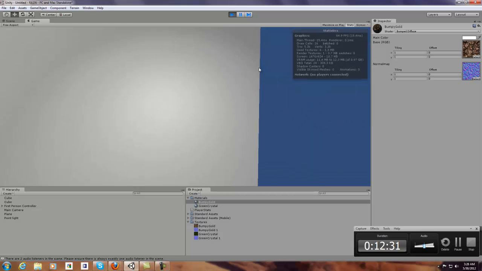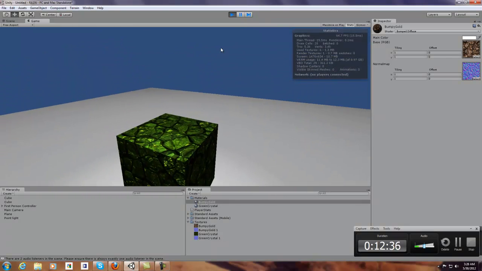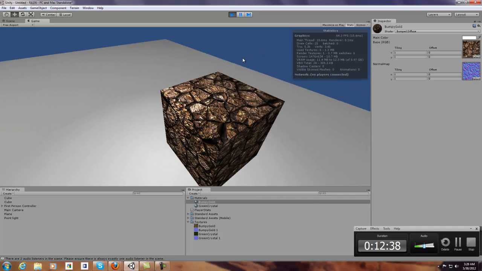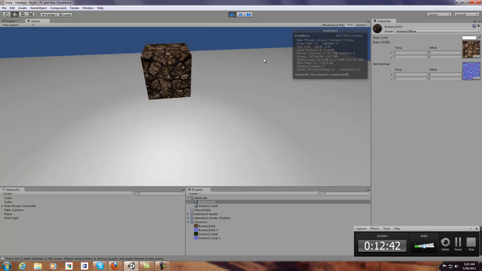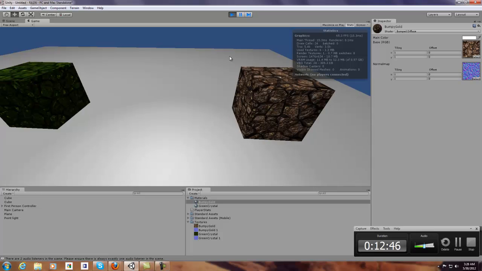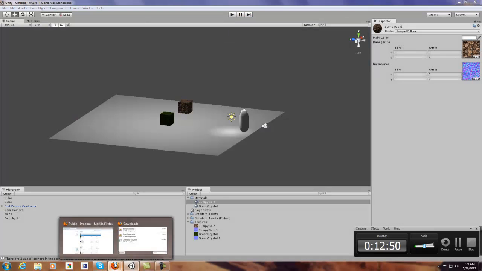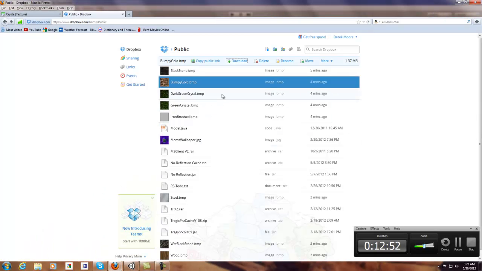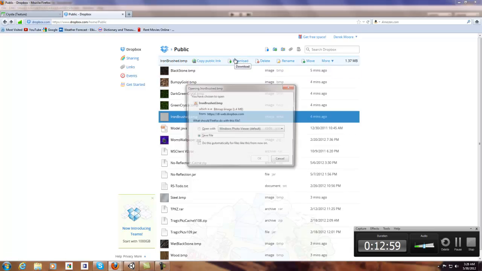Okay, so let's go take a look at these. As you can see, with both of these, they are still both mapped, and they look really good. Now I'm going to go get some more textures, and I'm going to show you the exact difference that different ones make. So we're going to get this iron brushed. I'm going to download it,